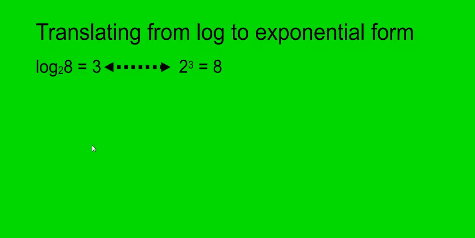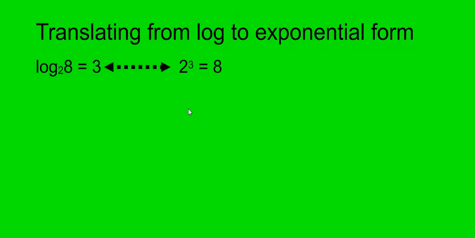And that's because 2 times 2 times 2 is 8. 3 2's makes 8. In other words, 2 to the third is 8. So this is just basically using exponents to explain what question the log is asking. And so you're going to be asked to be able to translate from log form to exponential form, and from exponential form